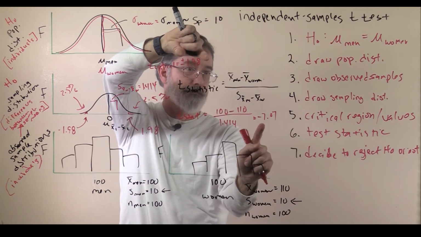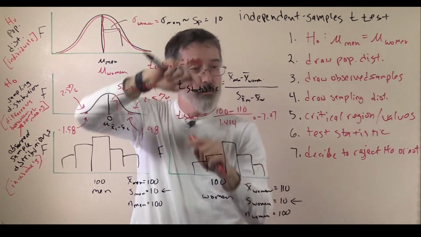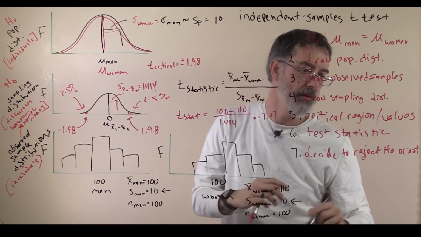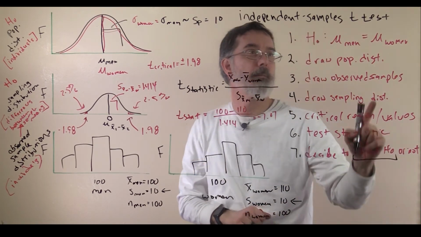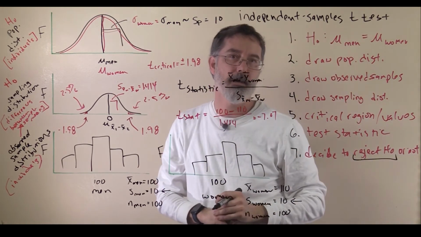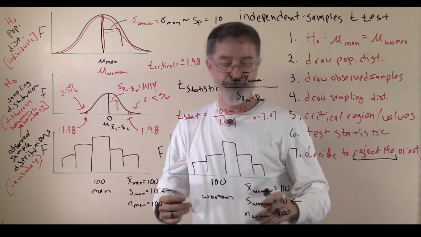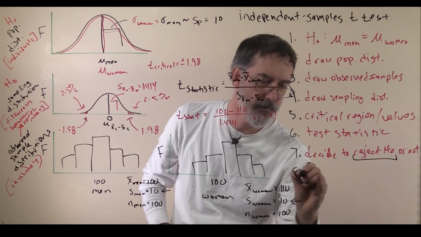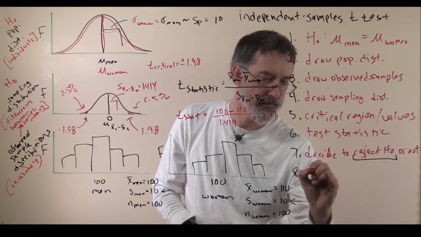In this case, 7 is way more extreme than 2, so we are going to reject the null hypothesis that men and women have the same test scores. All right, after we've decided to reject the null hypothesis, we need to